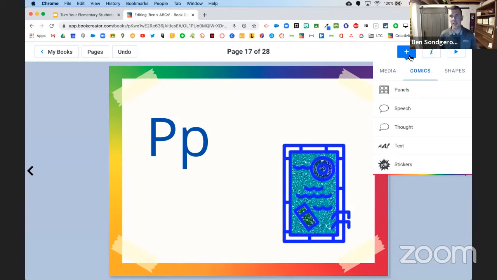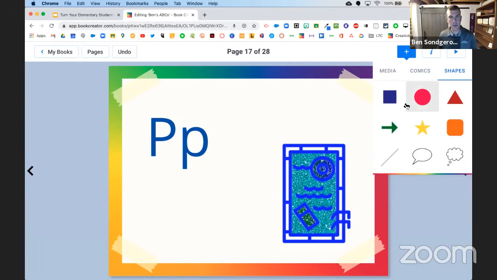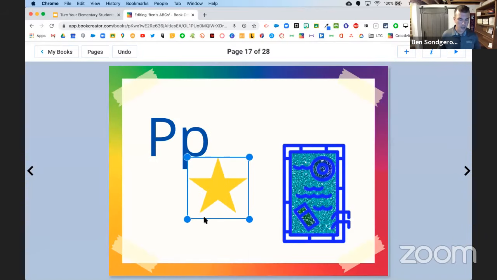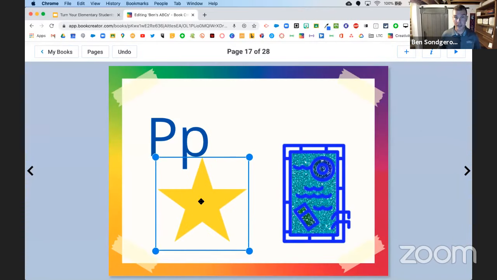Now, just a couple of other things, because I want to spend the last 15 minutes talking about different templates and ideas to use it with your kids. So those are all different tools that I think we can apply to the elementary classroom. I do want to point out the shapes library here, and any shape you put in, even the star, when you have it here, if you double click on it,